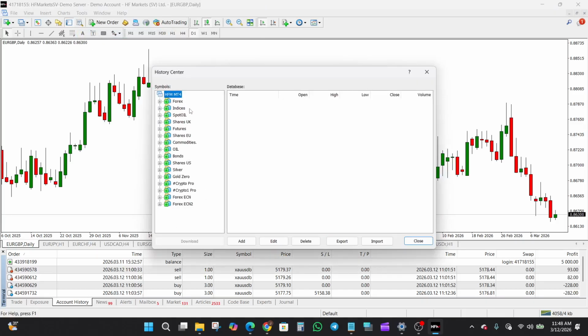Once you've gone to history center, then you choose the currency pair. So we already have some trades on gold, so we're just going to look for gold. Once you choose the currency pair,